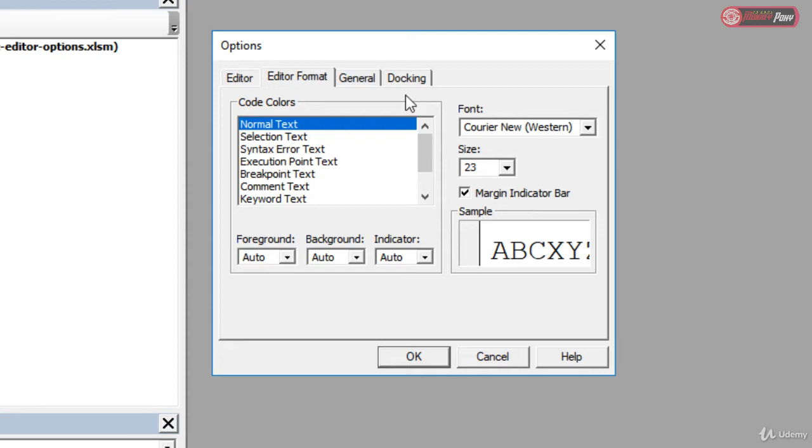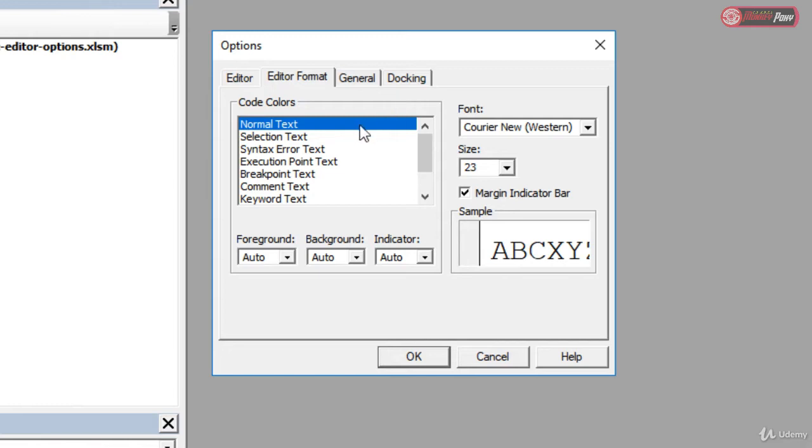In fact, I recommend if you're going to proceed throughout the course, I recommend sticking with the basic defaults. That way your code will look more similar to mine than if you start customizing it. Again, the most important part when it comes to programming is syntax, which means writing the right code, not exactly how it looks. But if you want to have, let's say, a custom font or a custom font size, you